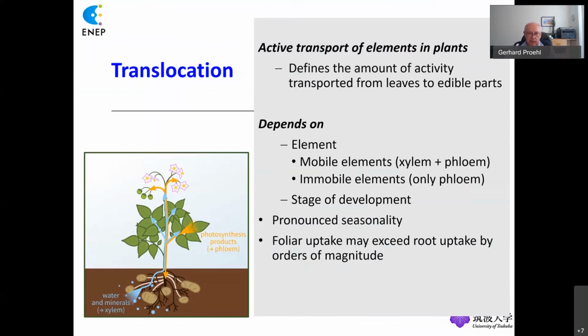Okay, then we have the translocation. Once the radionuclides have been deposited on the plant, they will be taken up by the plant and transported to other organs and tissues of the plant. However, this translocation is not constant for all elements. There we have to distinguish between mobile elements which are transported in the xylem and phloem, and immobile elements which are transported